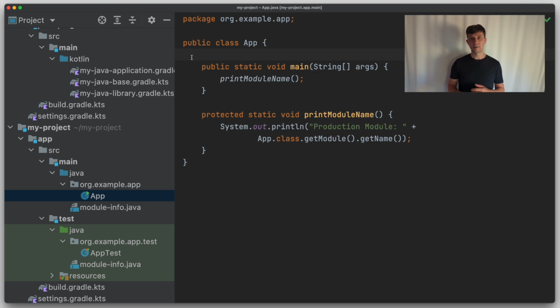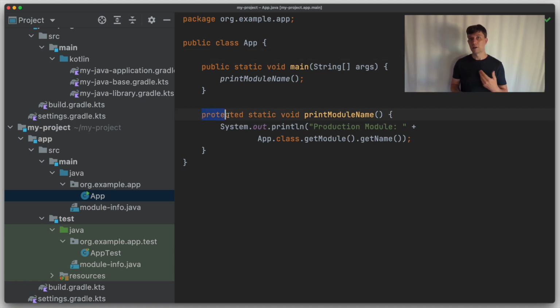However, this strict isolation causes problems for certain testing approaches, in particular for unit tests, where you typically test such small units of code that these units are not exported to the public API, like for example a protected method or class in an internal package. Let's go back to the example and look at this. One thing you often see in unit tests is that they test something that's not public API.